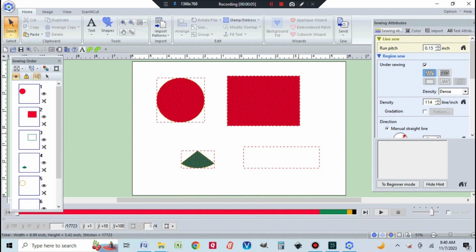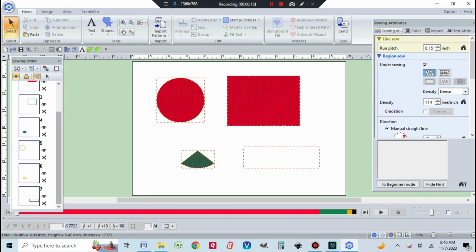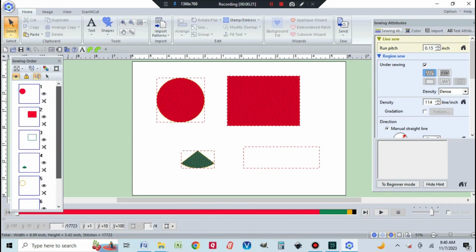I'm Amy. Today in PE Design 11, I'm going to show you how to adjust your sewing order to show by color order. As you can see on my screen, I have a few different shapes with similar colors, and if you look into my sewing order, everything is broken out. Each individual object is broken out. So I'm going to select everything,